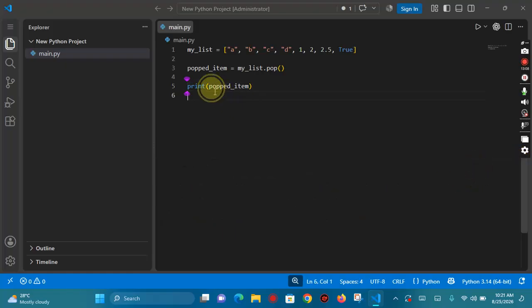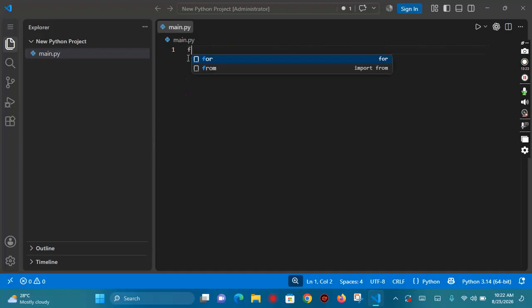So what's the next operation we want to talk about? The next operation is sort. It is possible to arrange the items in a list. Now let me have another list. Let me say fruits equals. I'm not going to arrange it orderly. Let me just say orange, banana, mango,